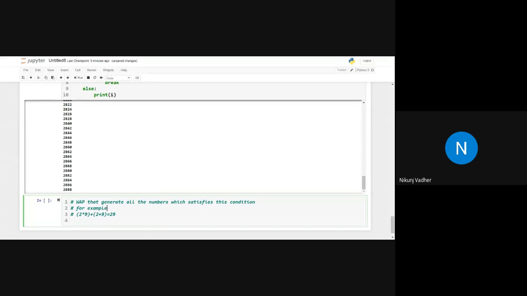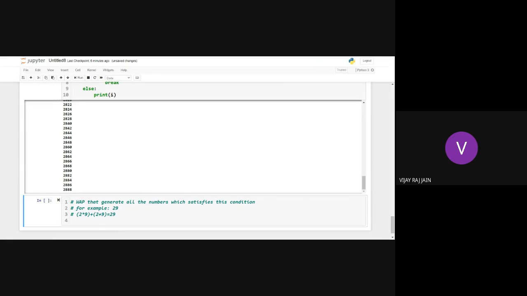For example, 29. So 2 into 9 plus 2 plus 9 equals 29. So you are supposed to find out all the numbers. Clear with the definition, all of you?